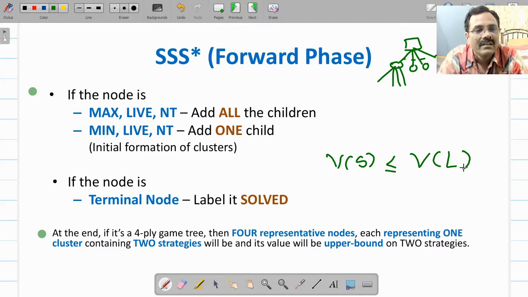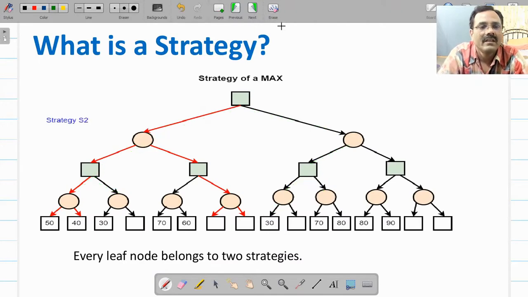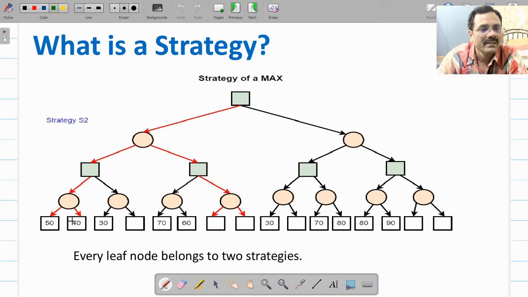right? So if you go to the game tree again, here, the minimum set of nodes which will cover all those 8 strategies will be as follows. For this current strategy S2, we start with S1, the strategy. Suppose 50 is a part of S1, so 50 is part of S2 also, right?